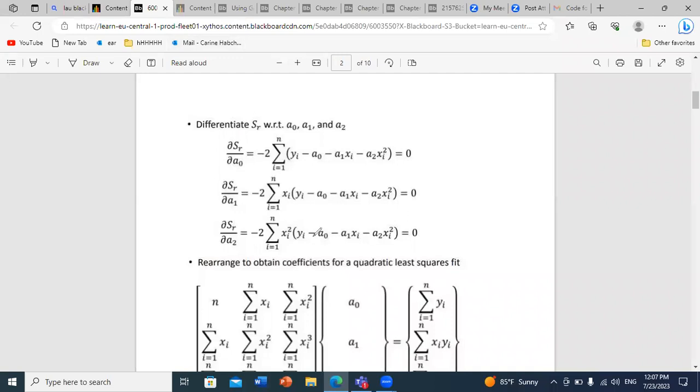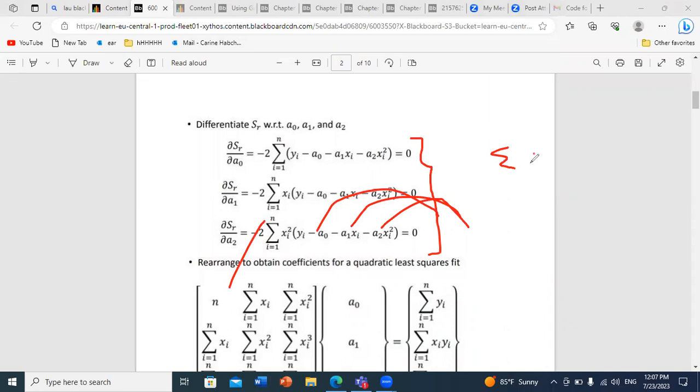Is it necessary to show the expansion? You don't have to show it, but it's important to write these expressions. In case you find it needed, you can write the expression. You just have to take these terms to the other side. If we remove minus 2 and take these terms to the other side, what remains is the summation of xi square